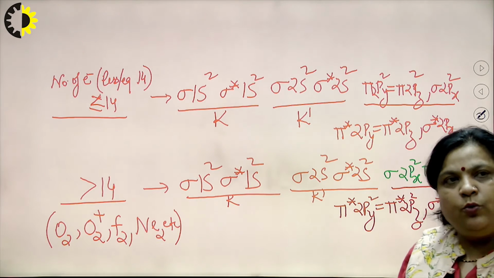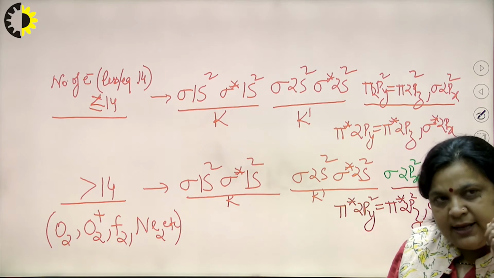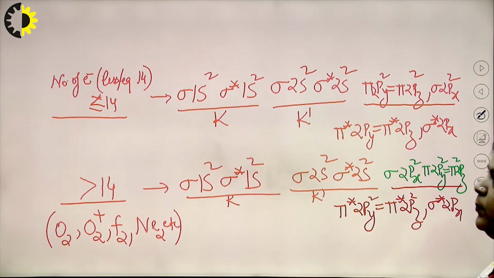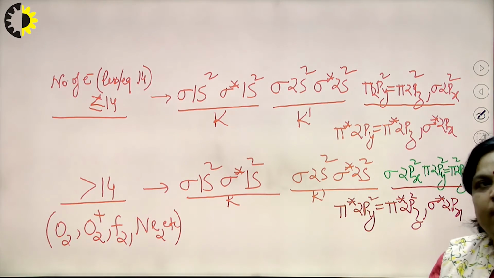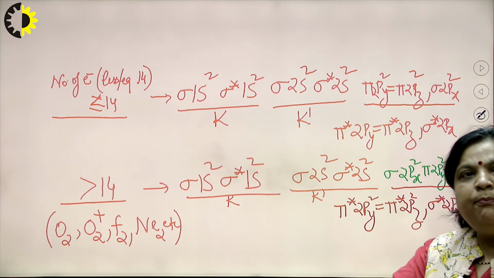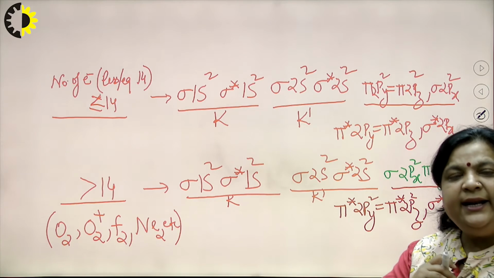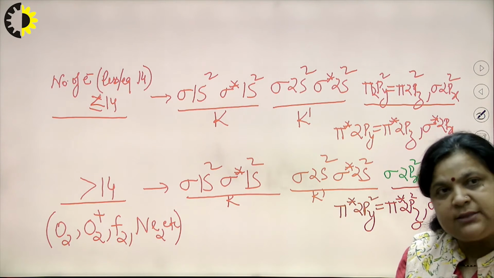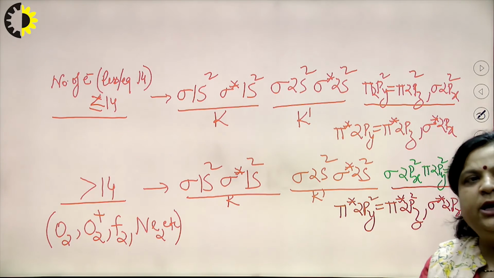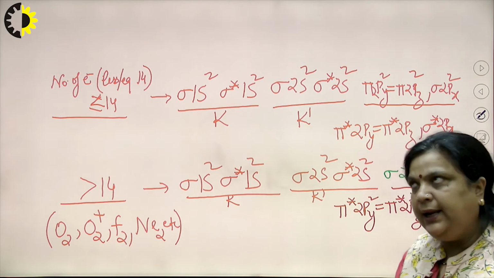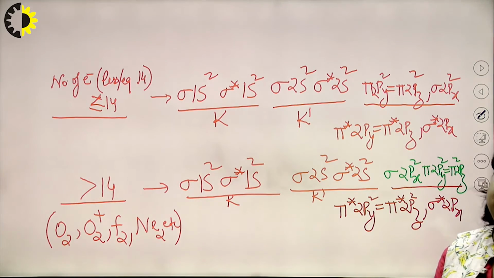Suppose in case of O2, O2 is 16, but O2 plus 2 is 14. So, there is a little confusion. For O2 plus 2, do we follow this order or this order? Just remember one thing: O2 plus 2 is a daughter ion, and in case of a daughter ion, we always prefer the configuration order of the parent molecule. Its parent molecule is O2, which is more than 14, so we always prefer this order, that is sigma first and then pi.